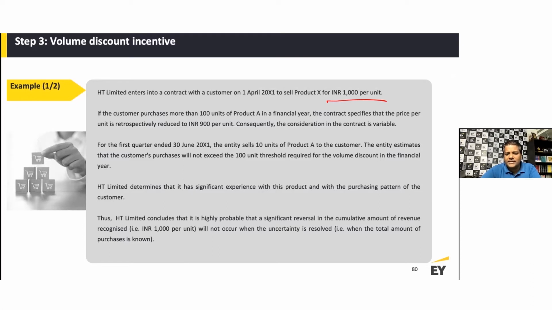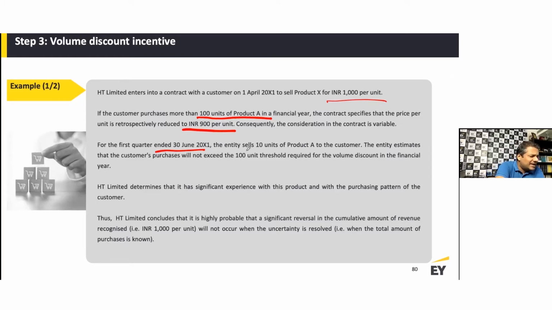Consequently, if you were to buy 100 units, then there is a reduction to 900. That's a retrospective reduction, in a way. It's like a volume discount. Now, for the first quarter ended 30th June,